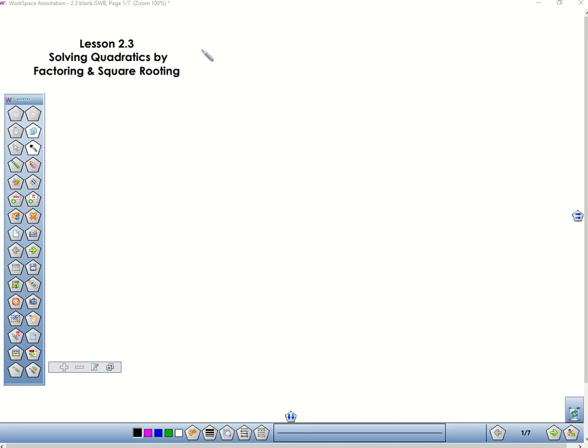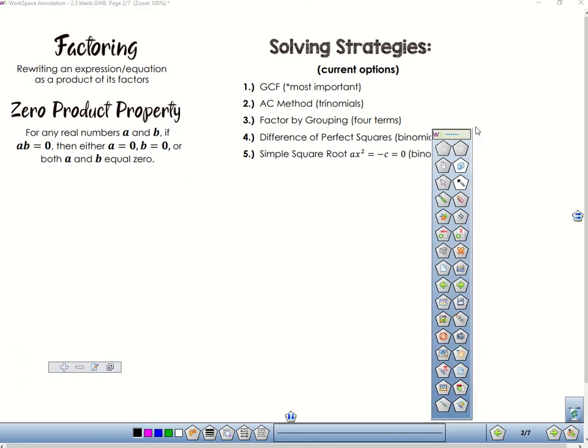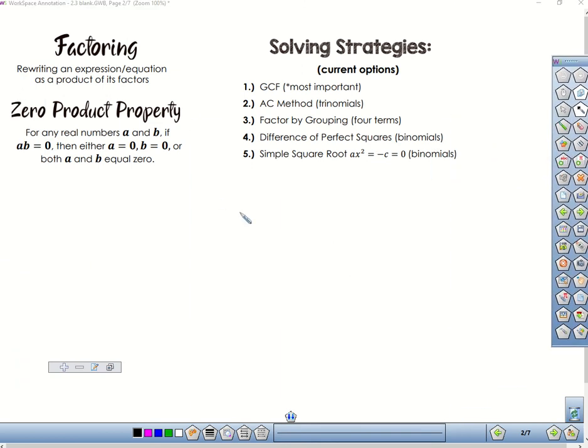Alright, so we're looking at lesson 2.3, which is solving quadratics by factoring and square rooting. Factoring is the process of rewriting an expression or equation as a product of its factors. And then we have the zero product property, which basically states that for any real numbers, also including terms, if